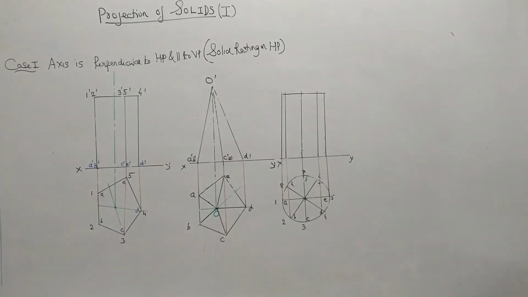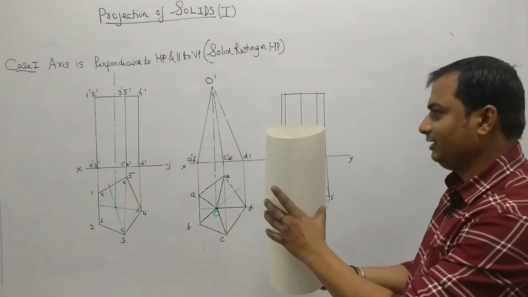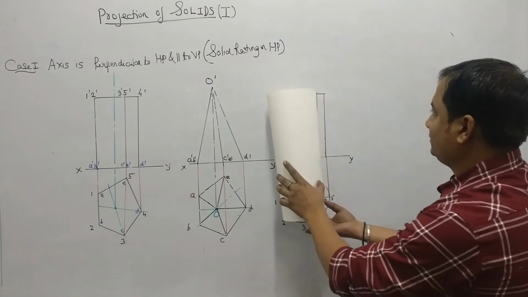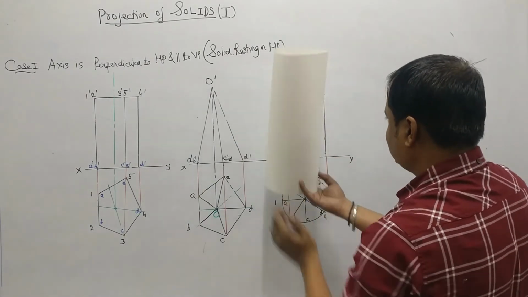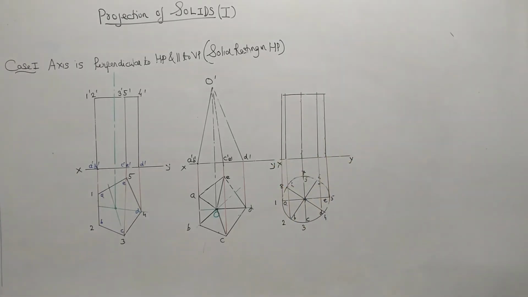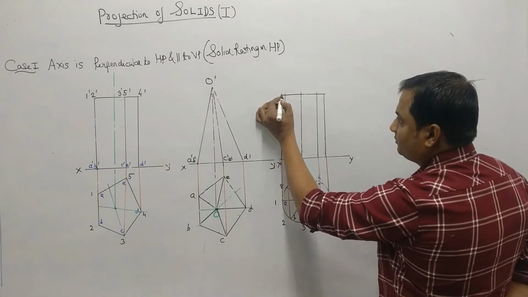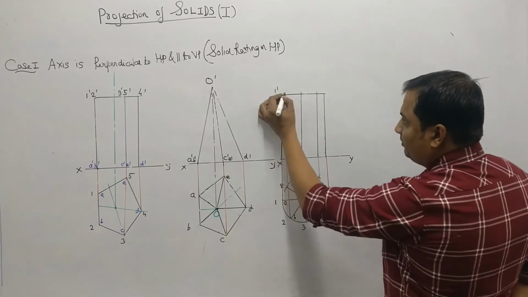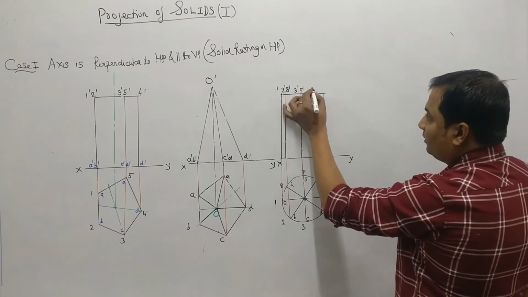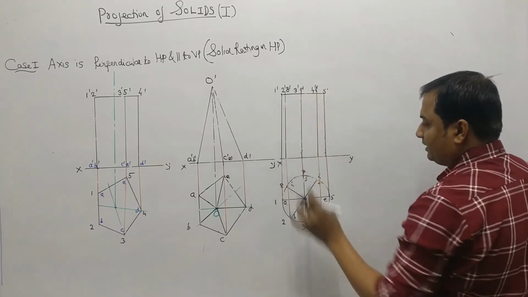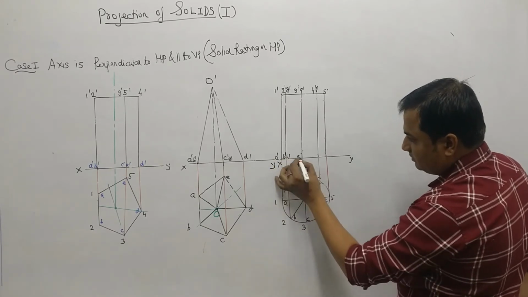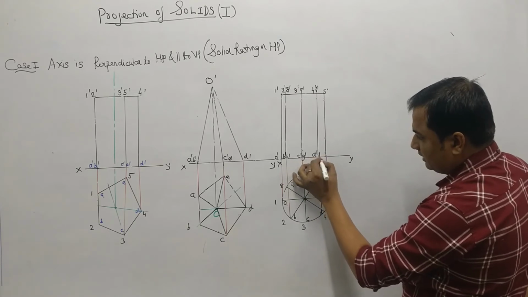Now, what will the naming be? When you see this cylinder from the front, the numbers I have taken for the top circle and the alphabets for the base circle, so we will get numbers at the top and the alphabets at the bottom. So that will be 1 dash. This 2 and 8 will become 2 dash, 8 dash, and 3 and 9, 3 dash, 9 dash, 4 dash, 6 dash, which is 5 dash. Similarly, the alphabets: A will be A dash, B dash, H dash, C dash, and G dash, D dash, F dash, and this is E dash.